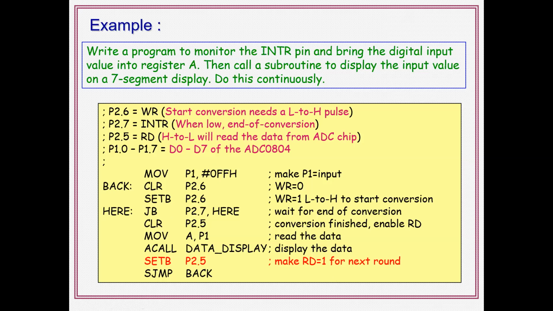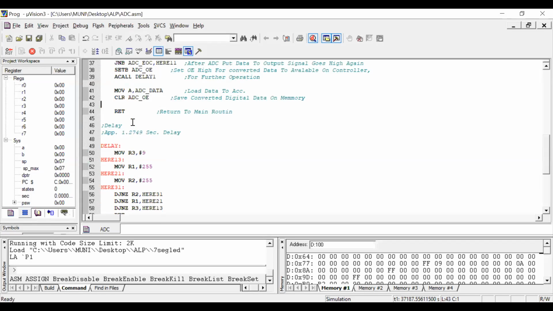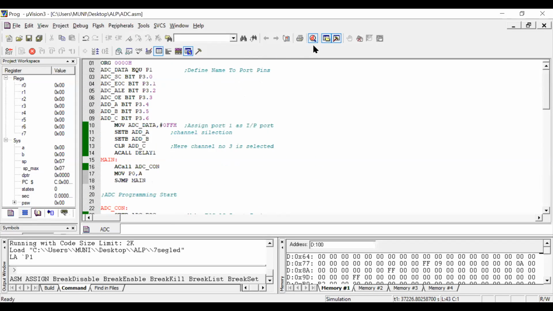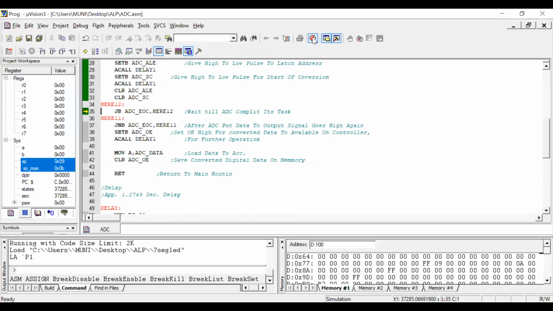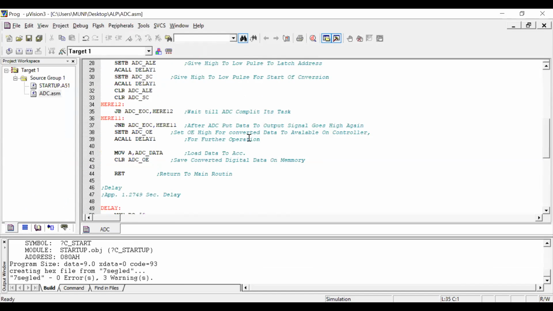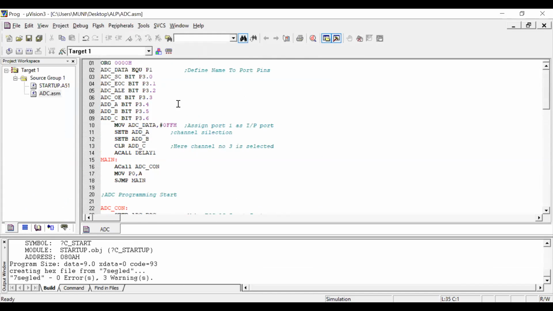So we will check this in Keil software. Whatever program we discussed, the same program is written here. Origin 00H.